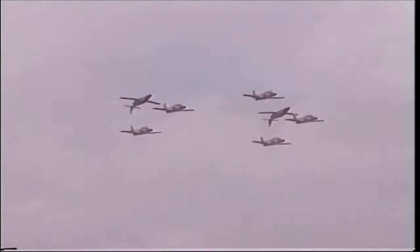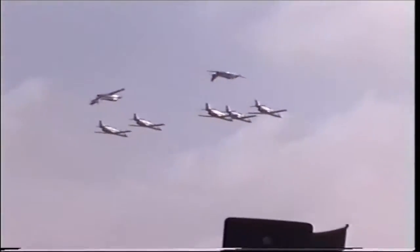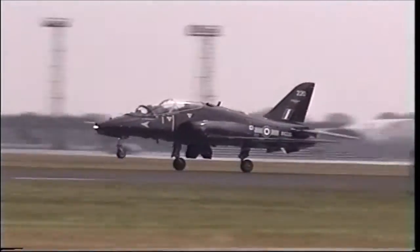See how long it takes you to get out. Okay? Patrulla Águila, introduction formation. Up behind him on short finals, so the Hawk is just going to clear the runway in time to...